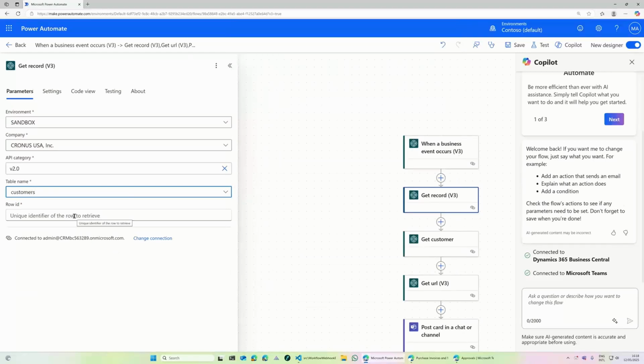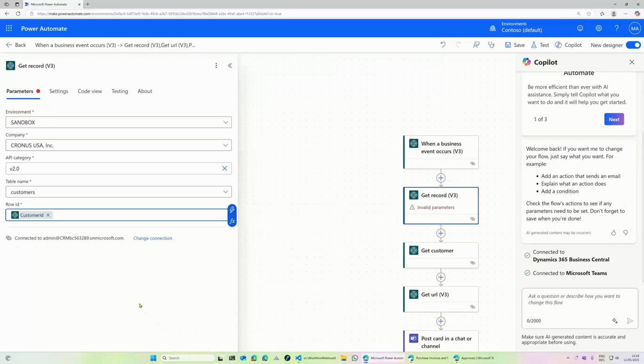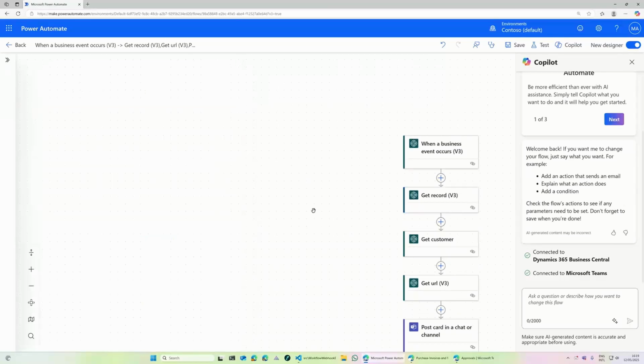I need to provide a unique ID, which is in this case coming from the customer ID from the when a business event occurs. There I have a customer ID as a parameter, and that's it. Okay, so this is so far so good.